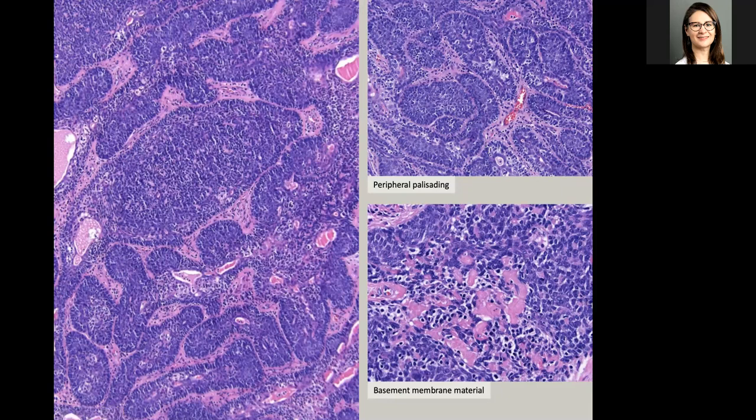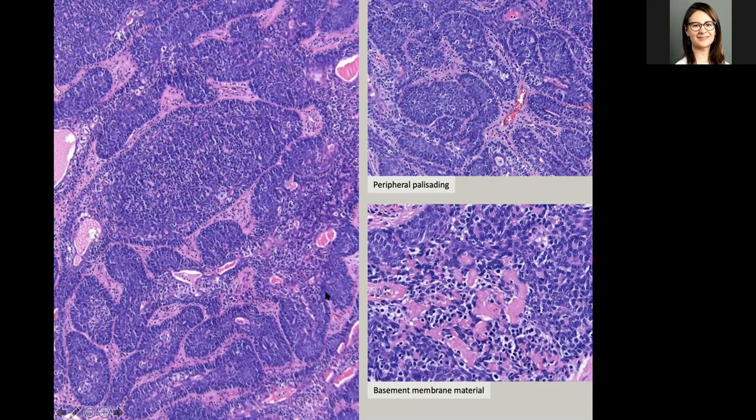So this would be a low-grade basal cell adenocarcinoma. Don't forget, basal cell carcinoma of the skin is not the same thing as basal cell adenocarcinoma of the salivary gland. Basal cell carcinoma, not adeno, of the skin is a neoplasm of the basaloid cells of the epidermis. Basal cell adenocarcinoma is a glandular neoplasm of the parotid, with different morphology, but both are called basaloid because of their very, very blue